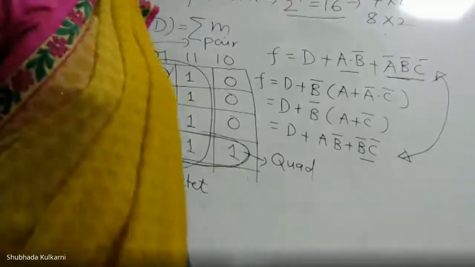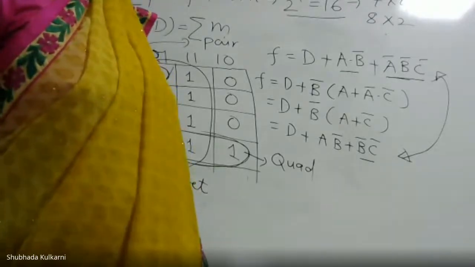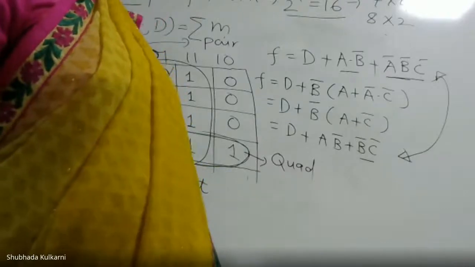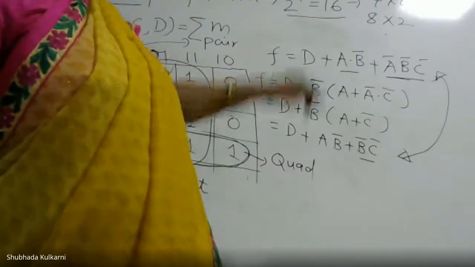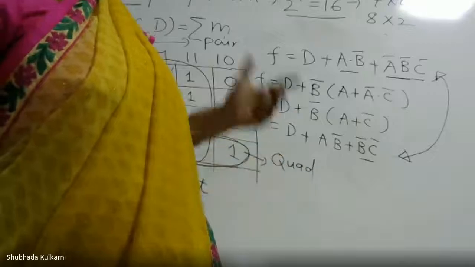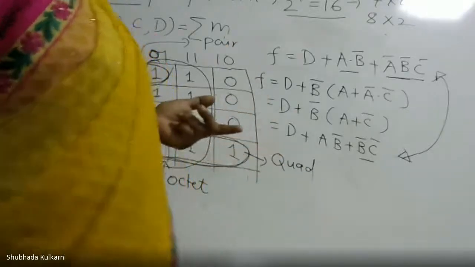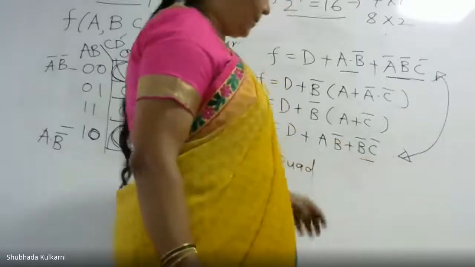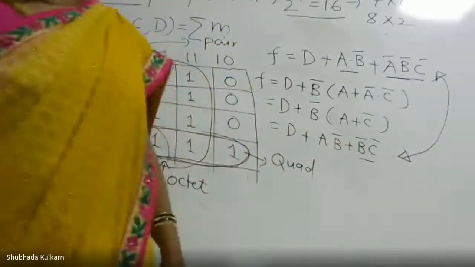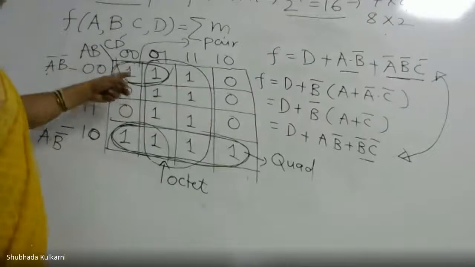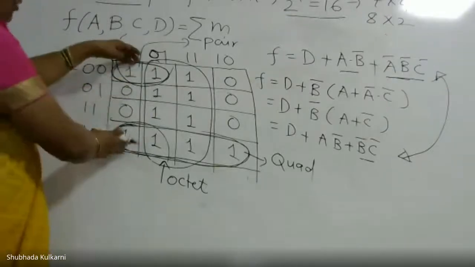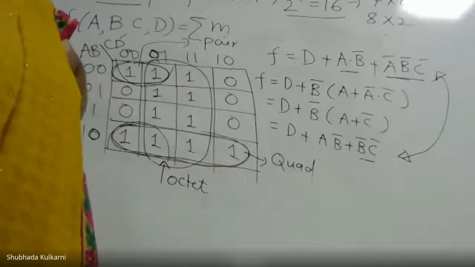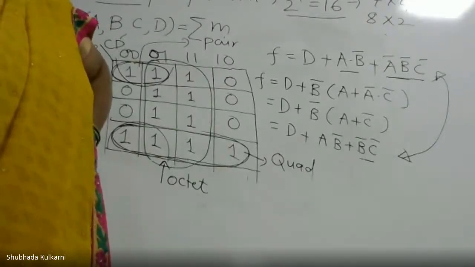The cost of a 3-input AND gate is more than the cost of a 2-input AND gate. And therefore, we could reduce from the view of the cost. The number of gates is the same. Instead of a 3-input AND gate, we can get a 2-input AND gate. And that is the use of the minimum solution. So instead of a pair, if we had done a quad by overlapping the map vertically, we could have reduced. So this is how you can do it.